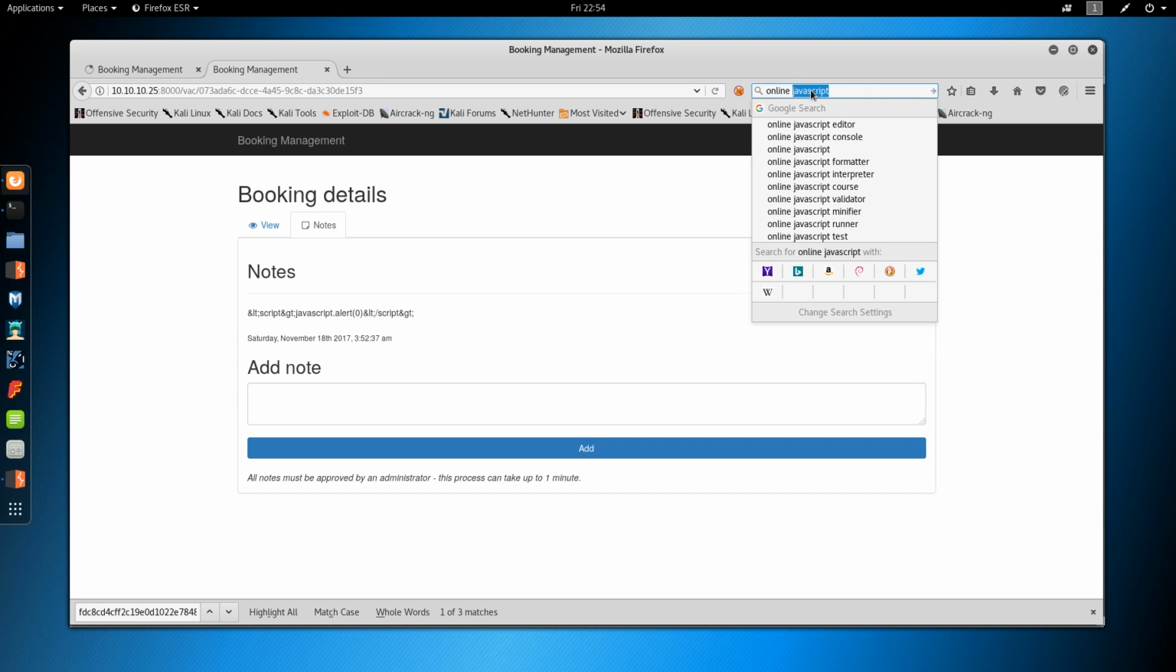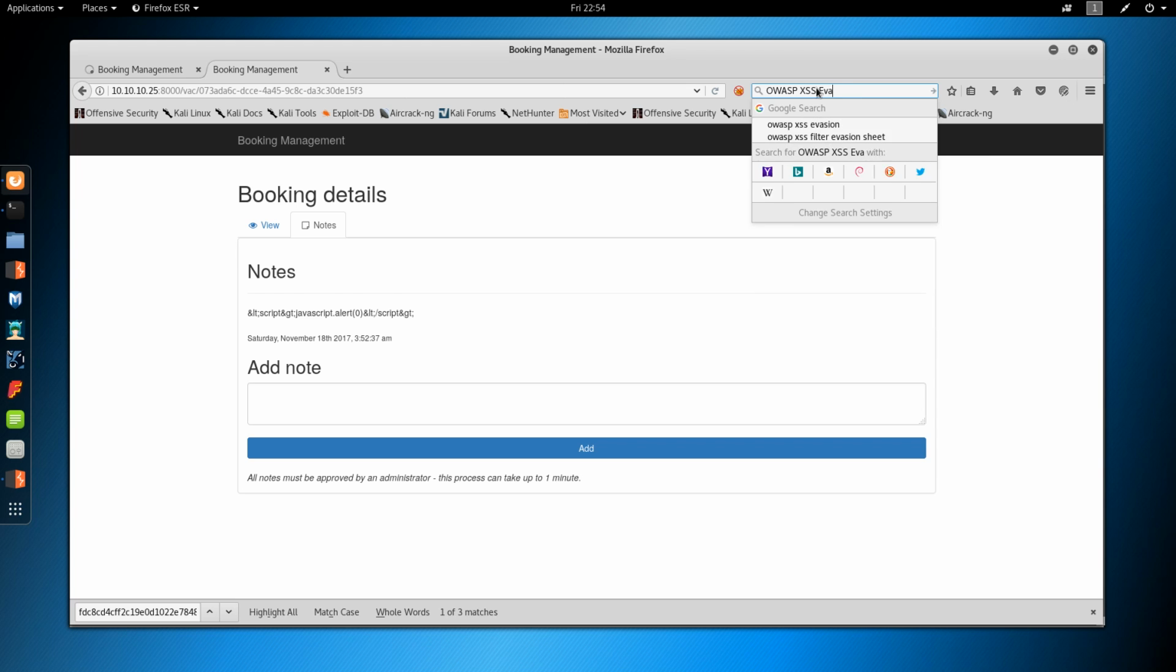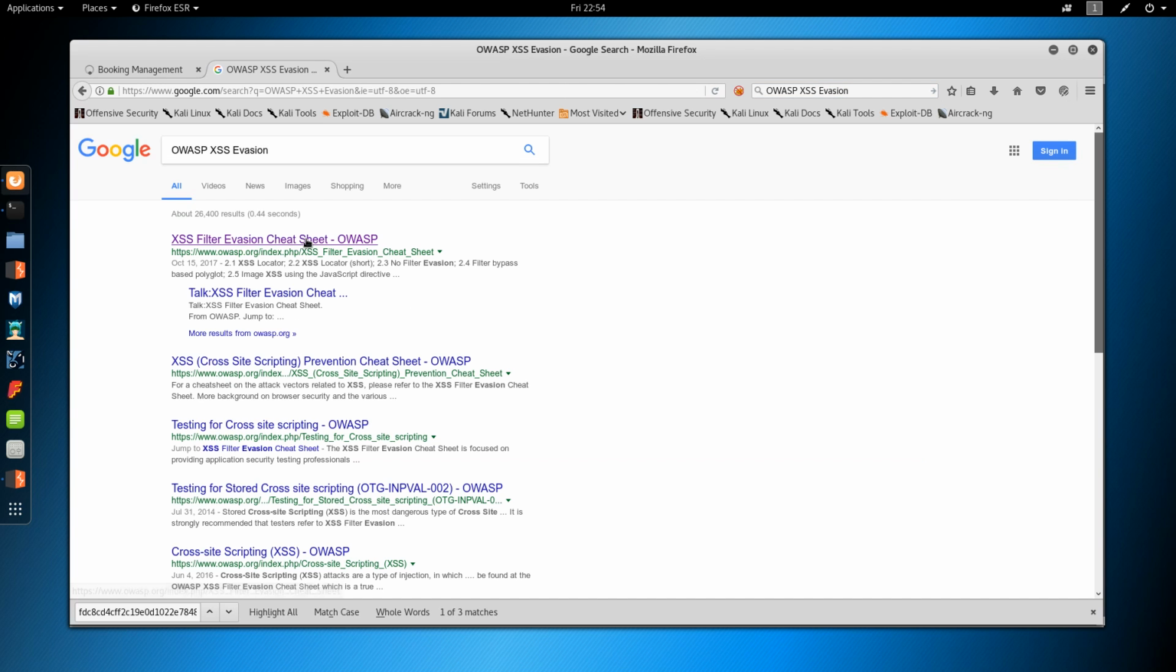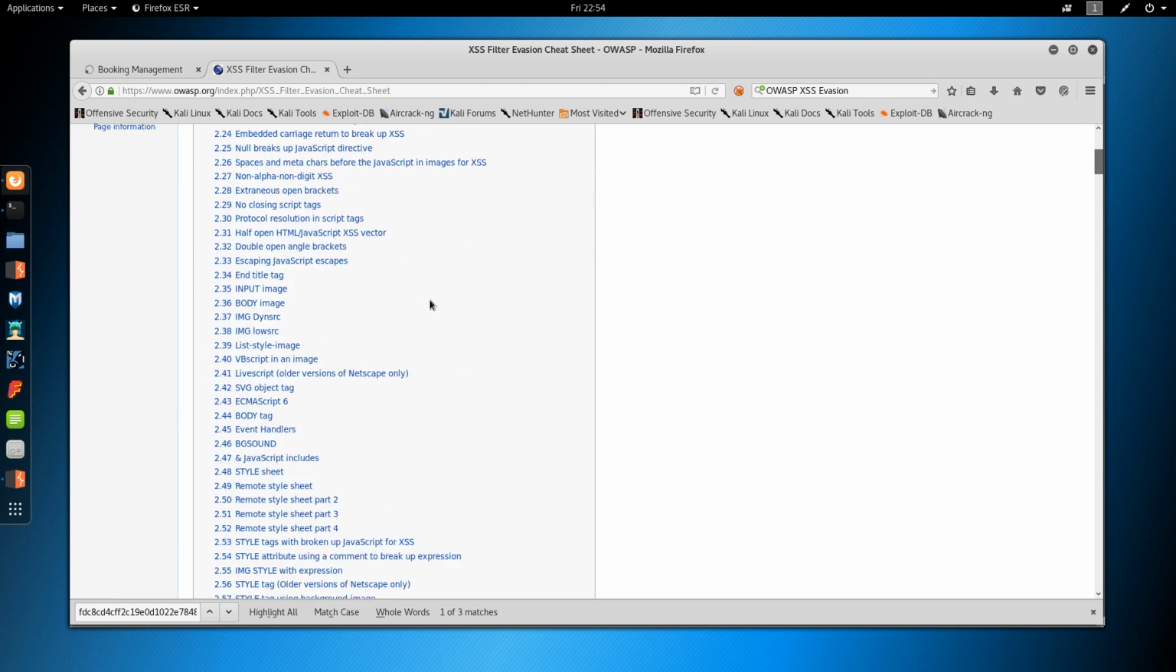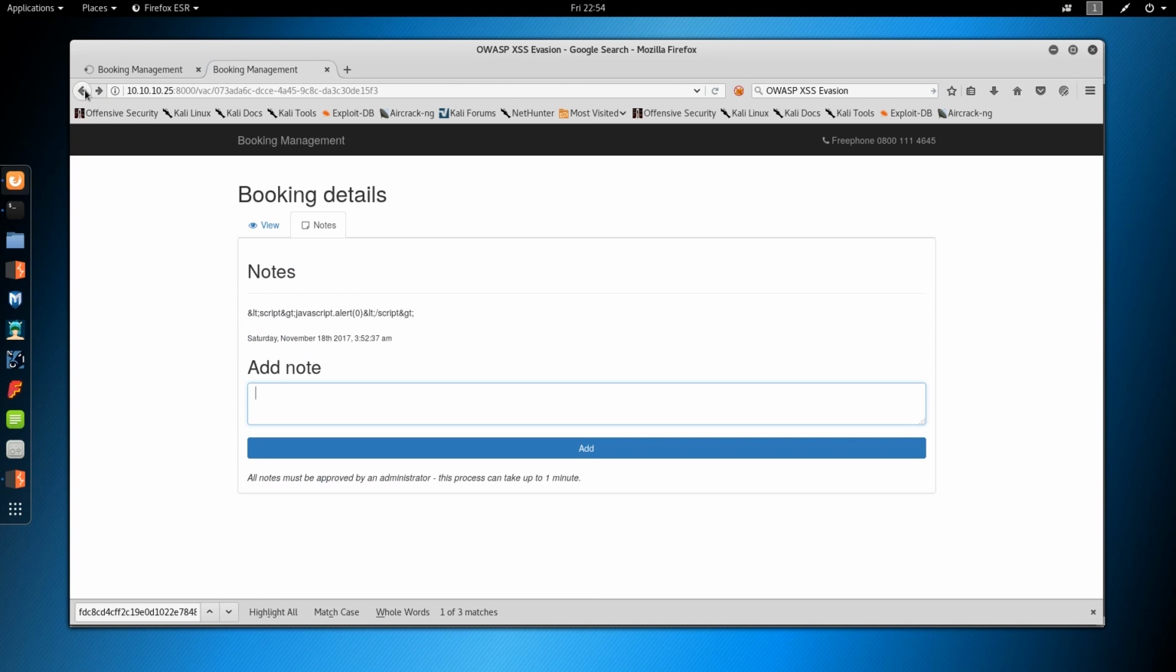So at this point, I'd go to like OWASP XSS evasion, and there is a cheat sheet that has a bunch of different things you can try. For the sake of time, I'm just going to do the one I know works. So image source equals quote, is it x slash or slash x? X slash, yeah, like this. Then we can do script javascript.alert 0 /script